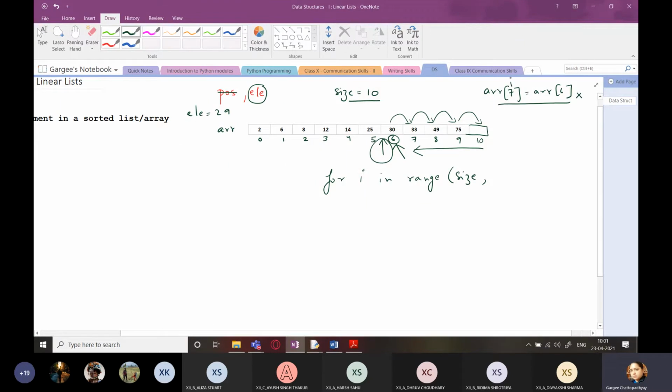That means when I is 7, I minus 1 will be 6. When I is 7, please see, this is dry run. This is how you can figure out where to start and where to stop. So when I is 7, I minus 1 should be 6, right? And I don't intend on going any further. So I know that stop index is always excluded. So what value should I take over here?